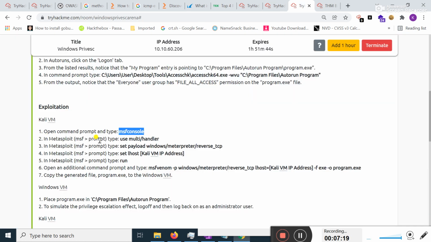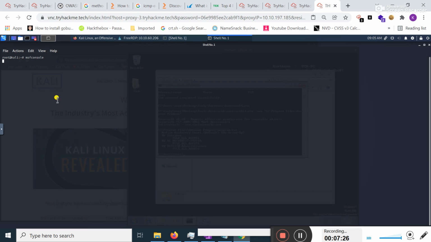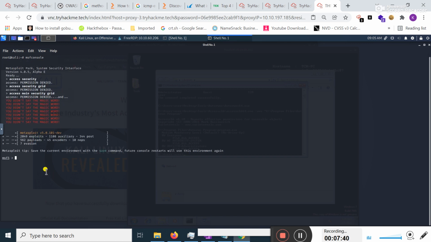In Metasploit, type this command, use multi/handler, in order to activate a listener, not a netcat listener. You can use the netcat listener method, but right now I'm going to use Metasploit in order to get a reverse shell. Here I typed use multi/handler and hit enter.